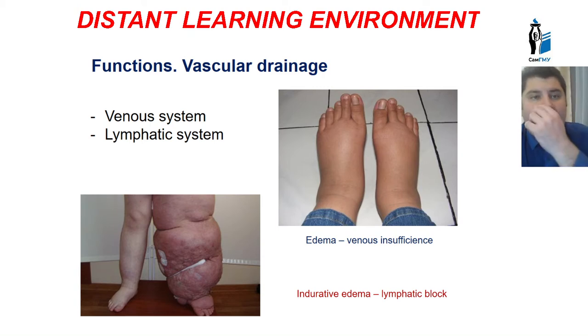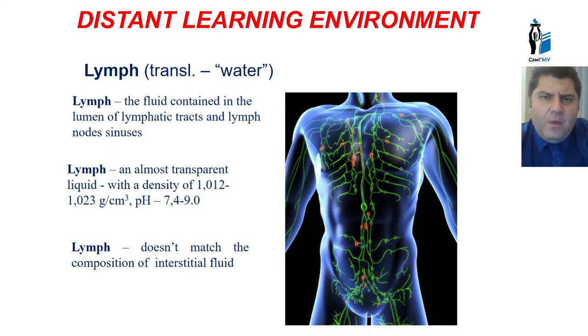Now we can see that the main function of the lymphatic system, and also of the venous system, is vascular drainage. Both systems, venous and lymphatic, drain the liquid or fluid from interstitial tissues in our body. That's why these systems are very important for drainage of liquid from tissues. Now we can see the term lymph, and this term translates like